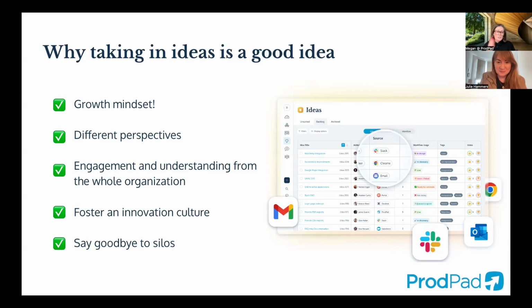So let me tell you, it's a good idea to welcome ideas from other people because it is fundamental to a growth mindset. So it's the best way to make sure you're always open to learning and finding new opportunities to create value. And part of that is being receptive to other people's ideas. It's about not being arrogant and thinking that you always know best and you're the only one who has the